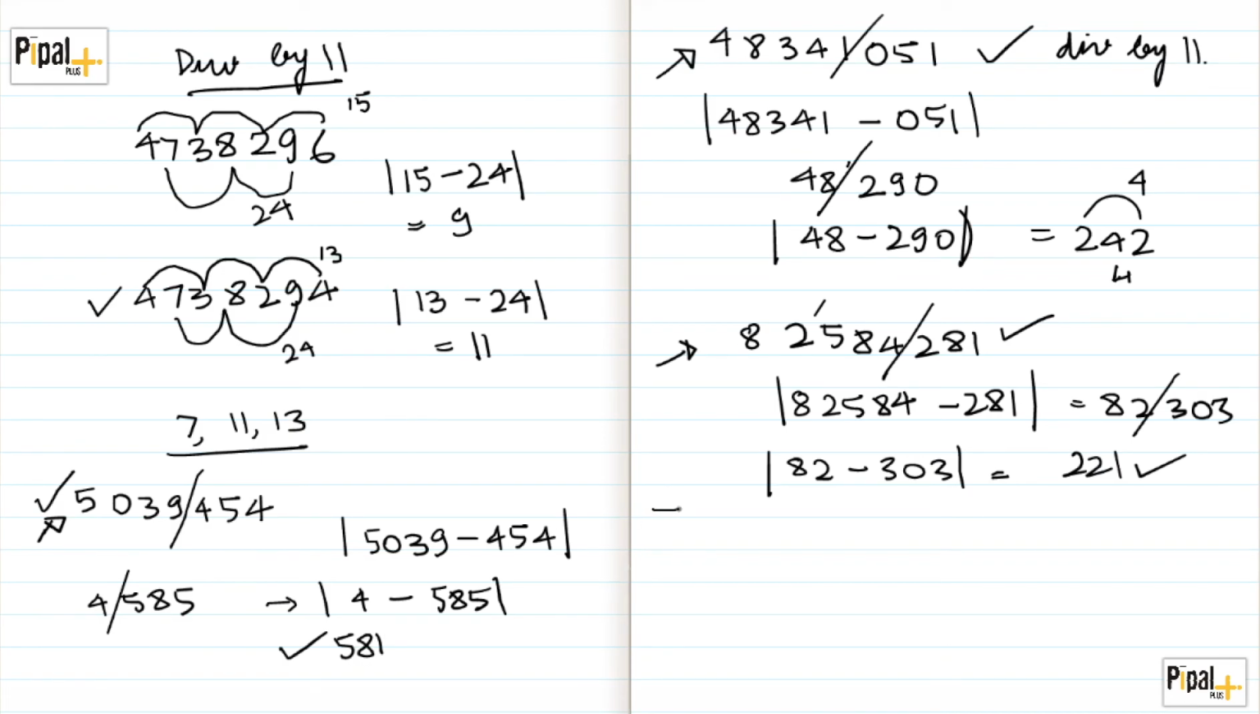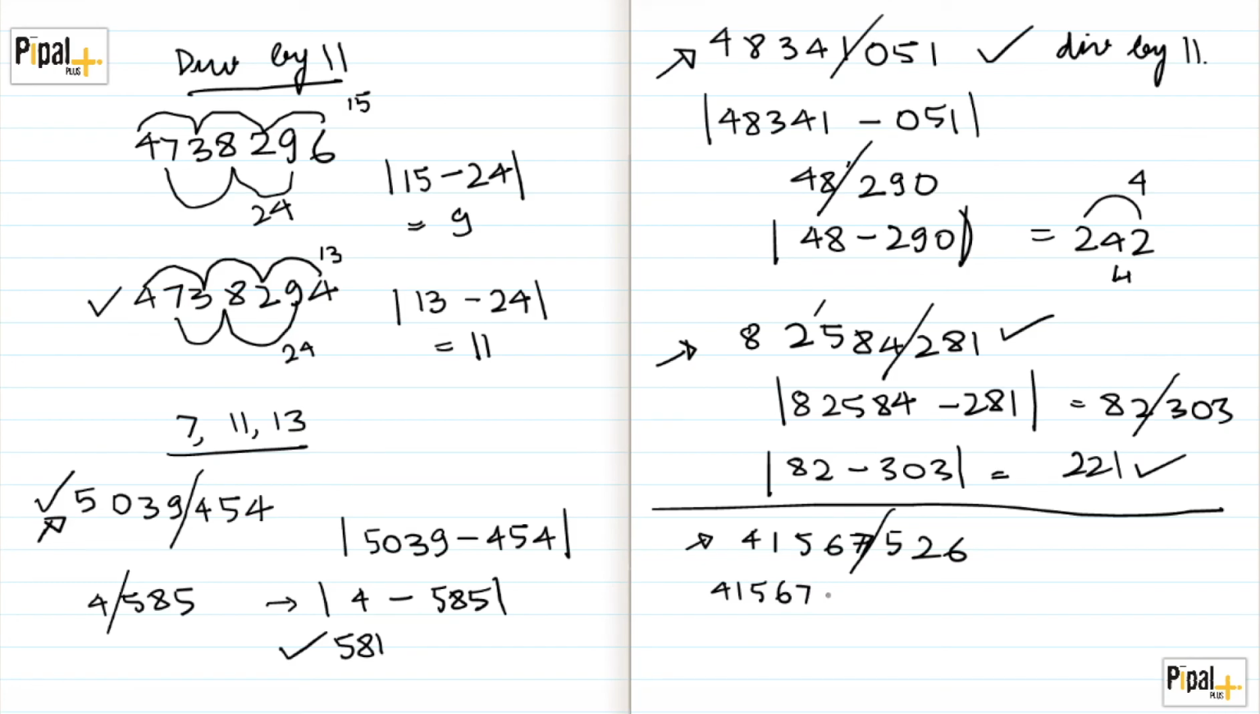Now there's a quick situation that I will discuss. What happens if there is a number like this, 4156756? What happens when we test a number like this? So let's start. I cut this number into two parts. I find 41567 minus 756 and I get